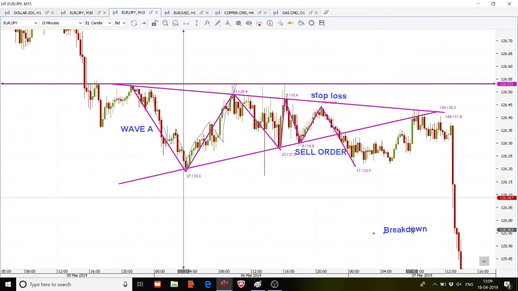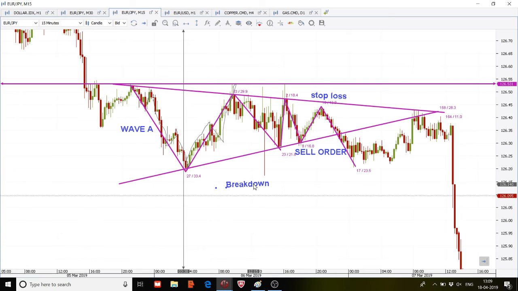The entire process will be like this. Find the contracting edges, then you can join them to make the contracting triangle. Once you get the series of lower swing highs and higher swing lows, it will be easy for you to join them. And once you get a structure, it will be easy for you to look out for the breakdown. And after you get a breakdown, it will be easy for you to open a short position. Two or three things you can follow: either you keep a pending order, or you can open a market